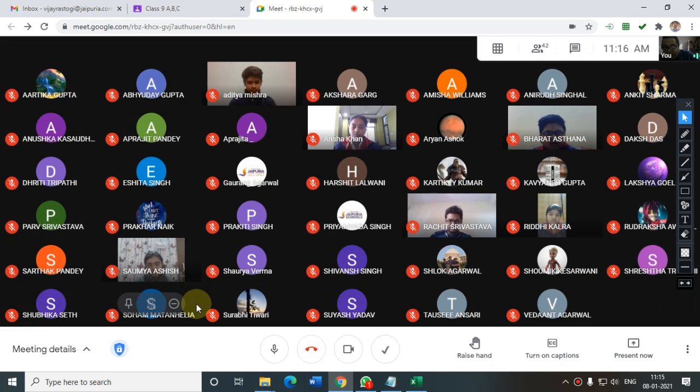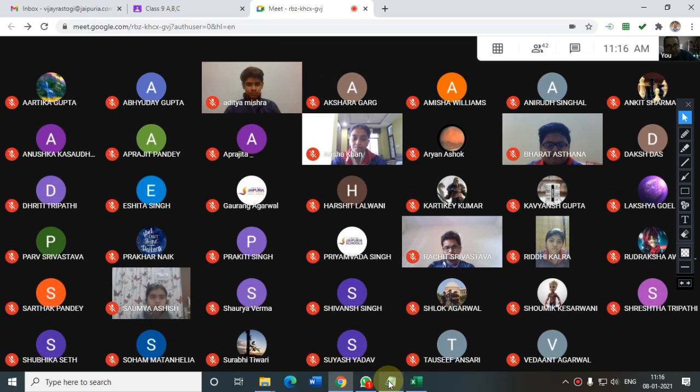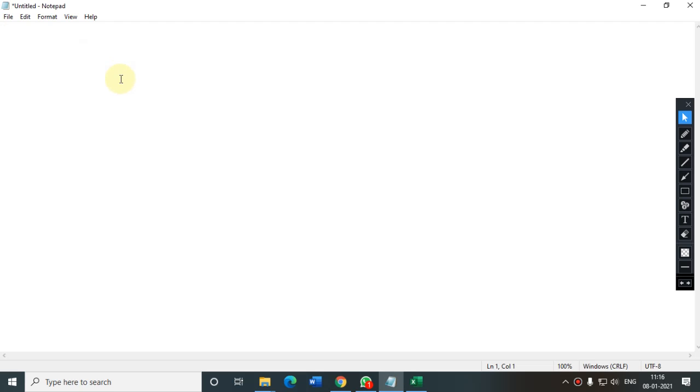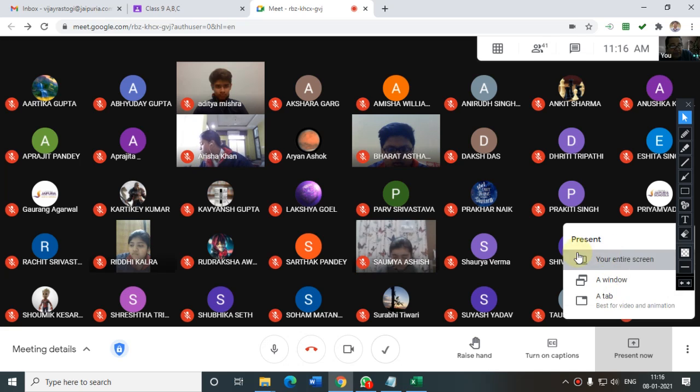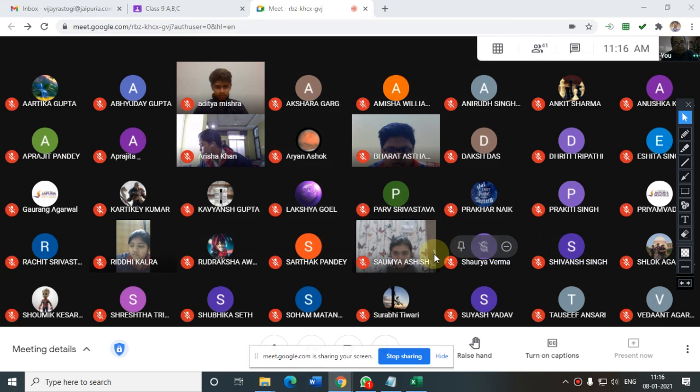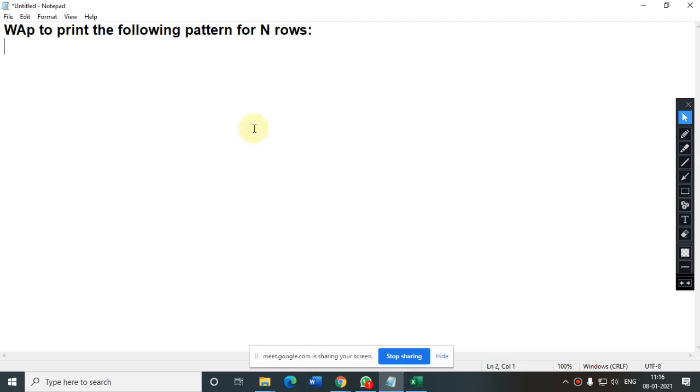So now we are going to discuss some new programs. Write down the question: write a program to print the following pattern for n rows. The pattern I am going to share, you need to try just now.